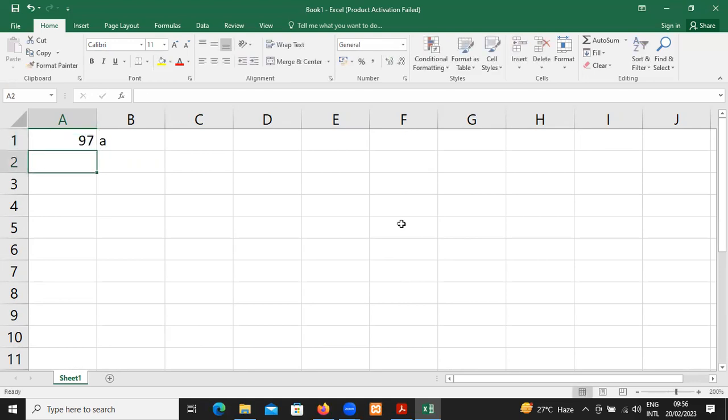You just look at the successive letters: 87, 88, 89,